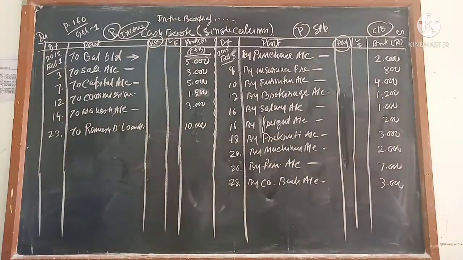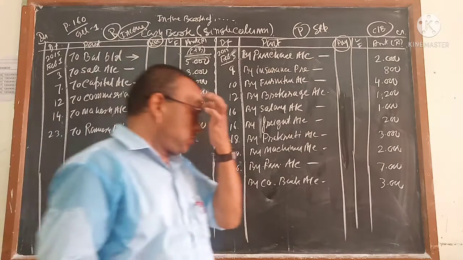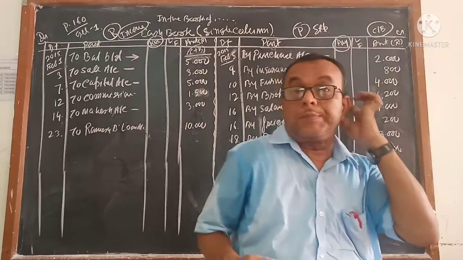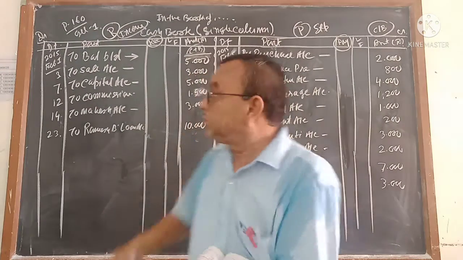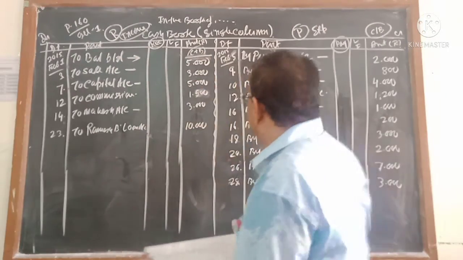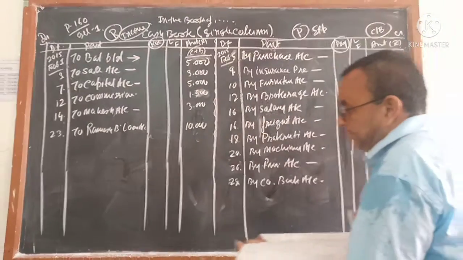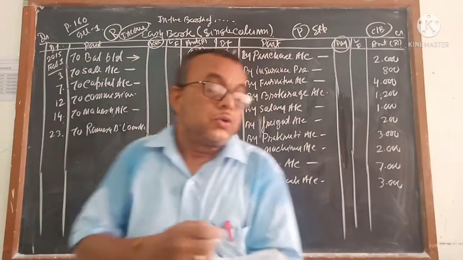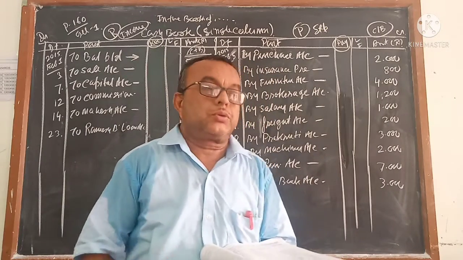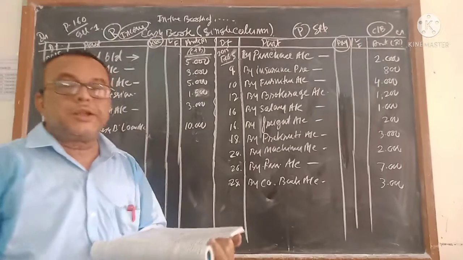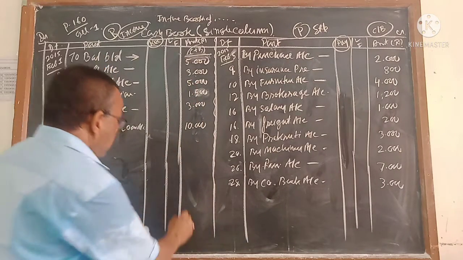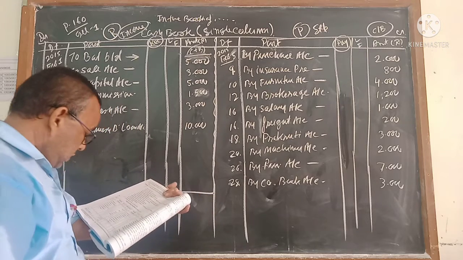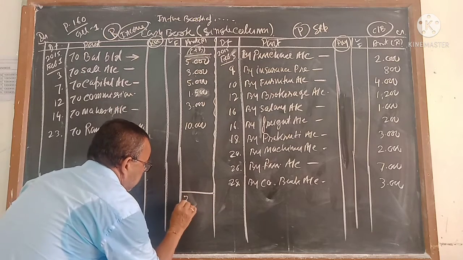Next, your work is that you have to close the account and find out the balance. Last month, how you got the balance? This month also you have to get the balance. This is the total income you have received and this is the total expense which you have paid. First, you will find out which side is more. If you add, you will find which side is more generally. So if you add that side, the total is 27,500.